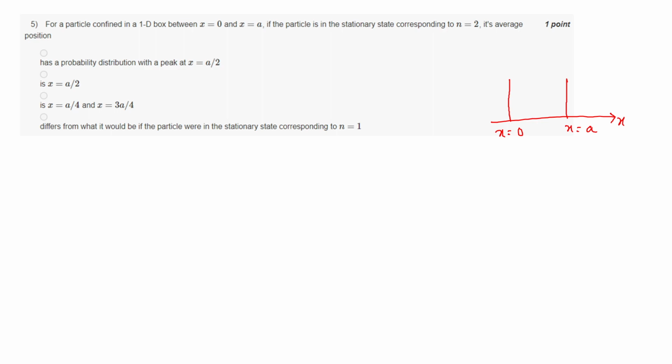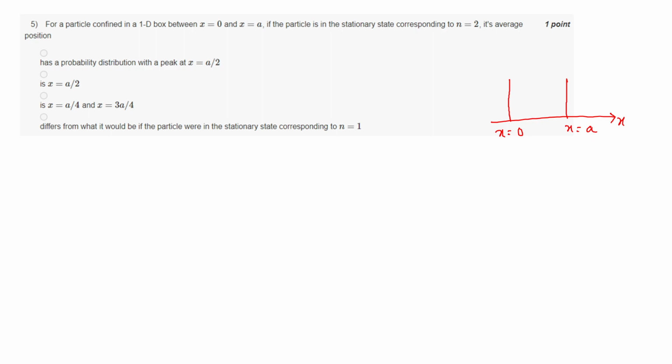So this is the explanation. The average position of a particle is actually described by this equation. To describe the average position of a particle, this is the explanation. The average x is defined as psi of x comma t, and you have seen this Dirac bracket notation, the bra and the ket. So psi x comma t, x, psi x comma t, and upon putting in the value of x, you can see that the value of average x becomes just a by 2. I am now showing it to you.